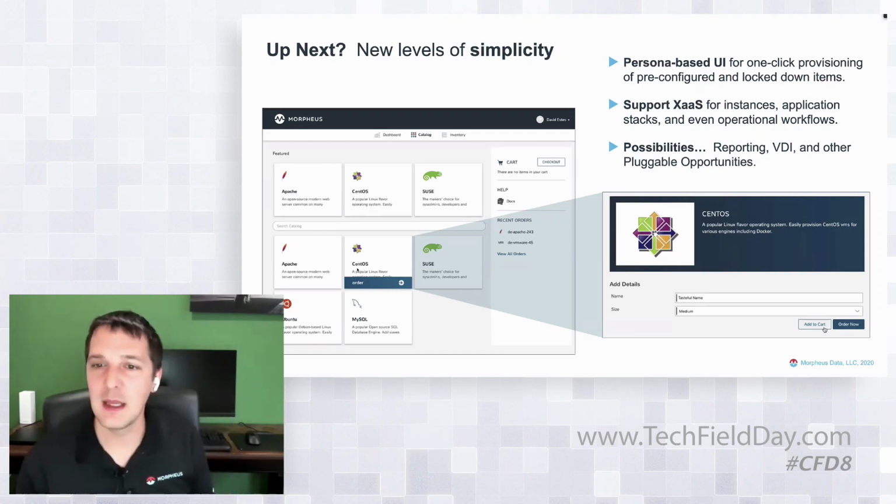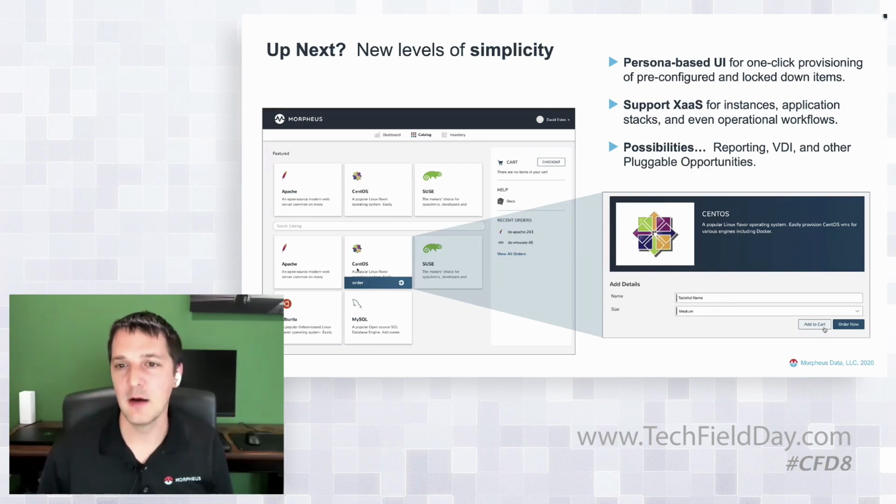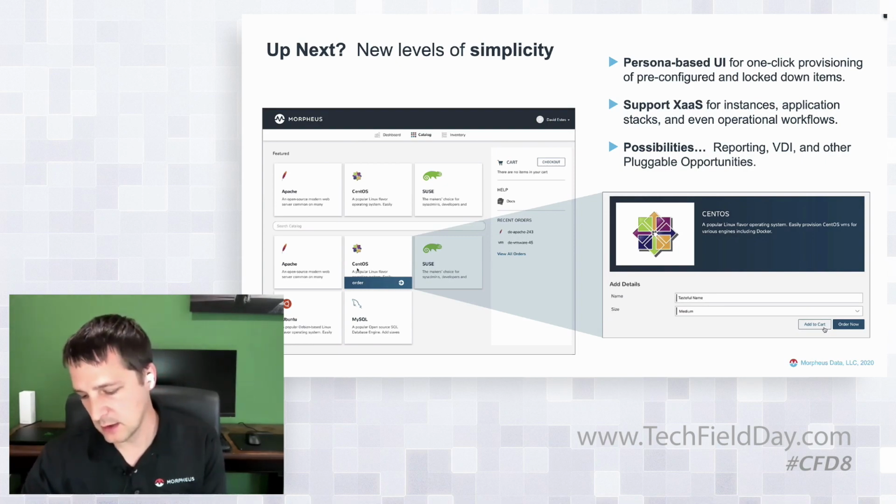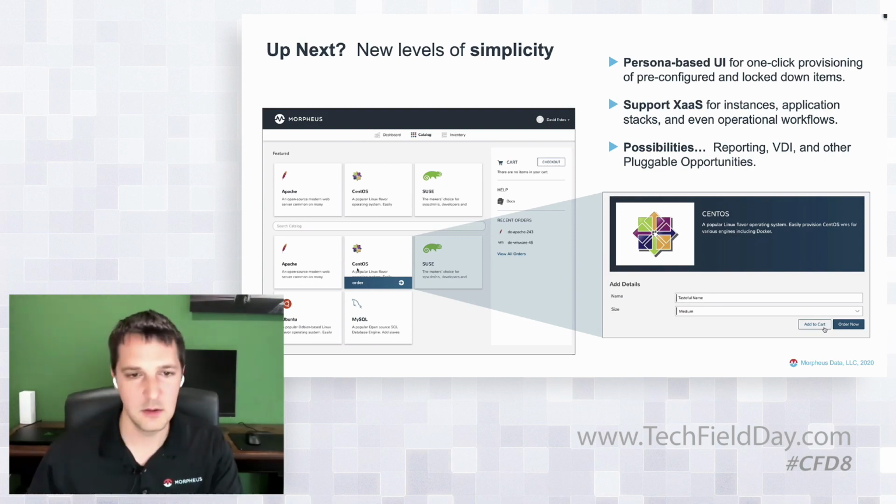We plan on expanding that further as well into maybe a FinOps or a financial-based persona, or VDI maybe, or reporting, things like that in the future. So we're very excited about this, and I actually can show you some of this as well if you would like to see that. So I'm going to drive into that really fast because I know we're short on time. So Brad, keep me